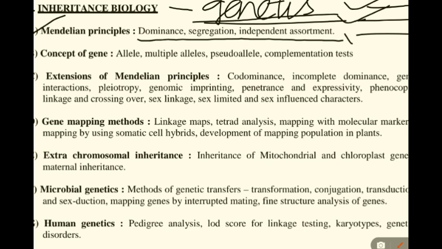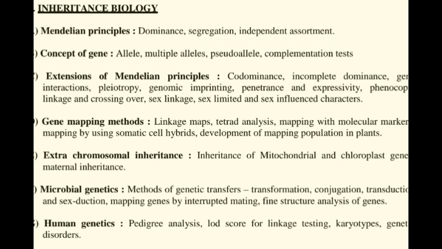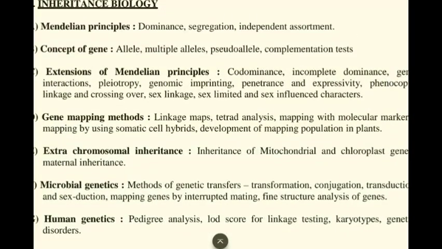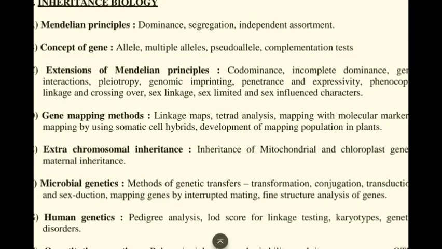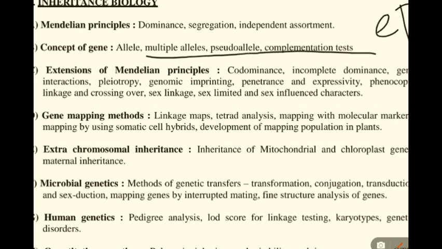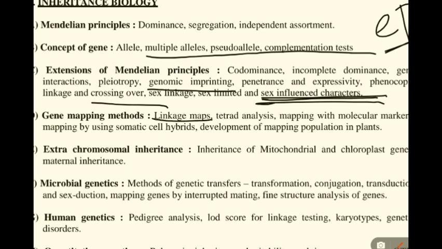All three based from the scratch, from basics. Then the concept of gene, multiple alleles, allelic interaction, what epistasis is, and the deviations of Mendelian principles, that is codominance, incomplete dominance, genomic imprinting, crossing over, sex influenced character, sex limited character, sex linked character, linkage mapping, tetrad analysis, molecular markers,